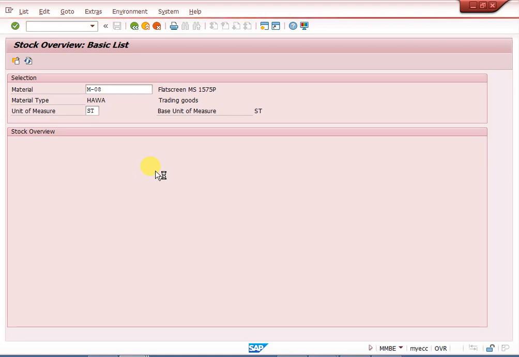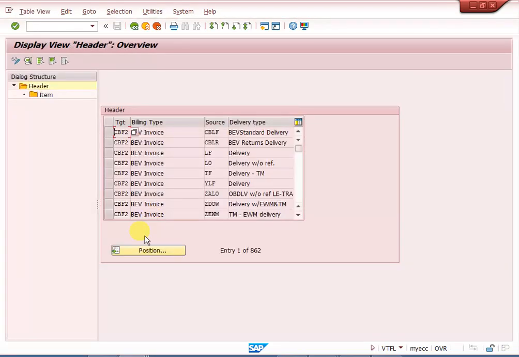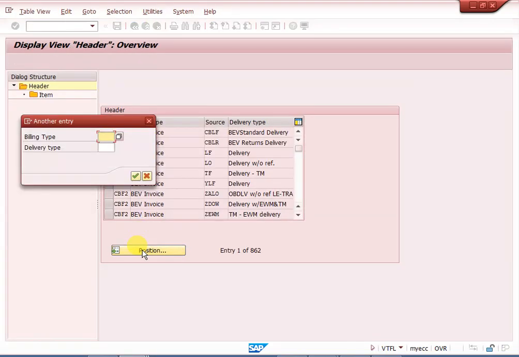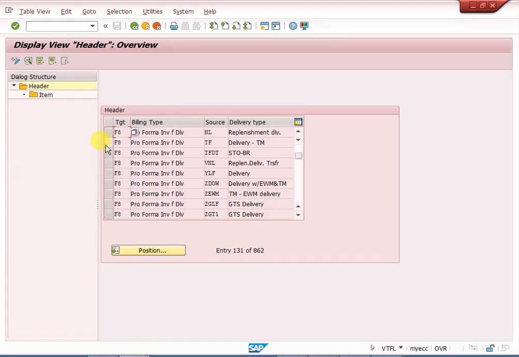Already purchase order to delivery, we have assigned delivery type to purchase order type. At VTFL level, billing type is F8, pro forma invoice. Delivery type is NL. This is mandatory.